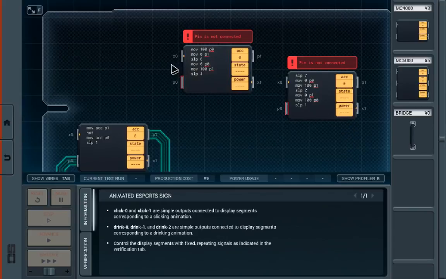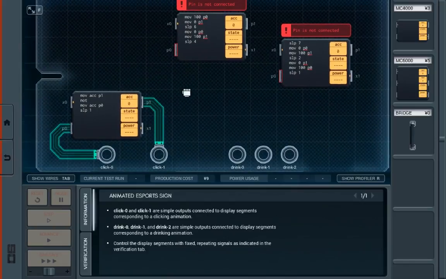I guess since this guy needs, let's see, he needs to use his pin 0 for sure. So he needs to have space on the left. So I guess he has to be high up. So let's wire pin 0 to there. And